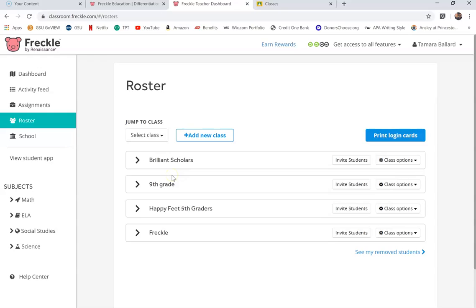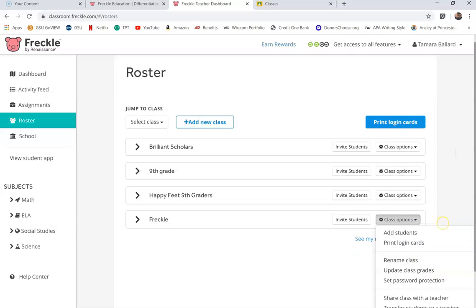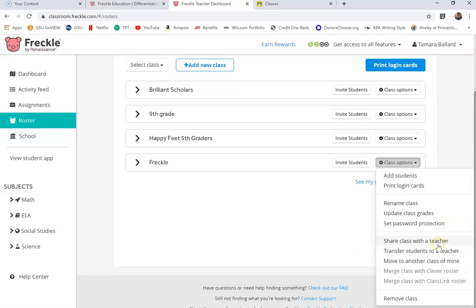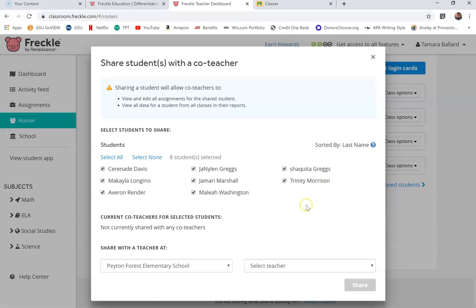Now, we are going to add a co-teacher. So go to the class, and I use Freckle here. Class options. Scroll down. Share class with a teacher. Click. Because you signed in with your APS email address, you should see your school. You can select all, select none, and just pick certain